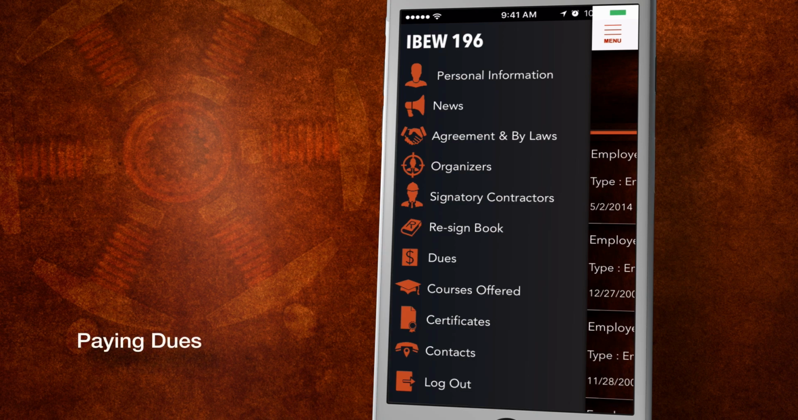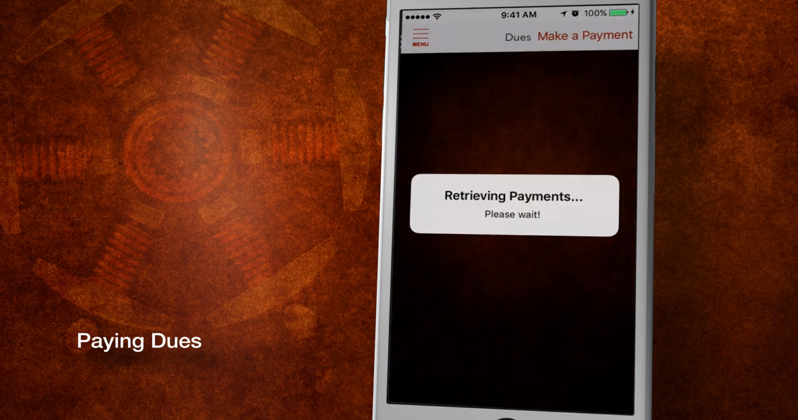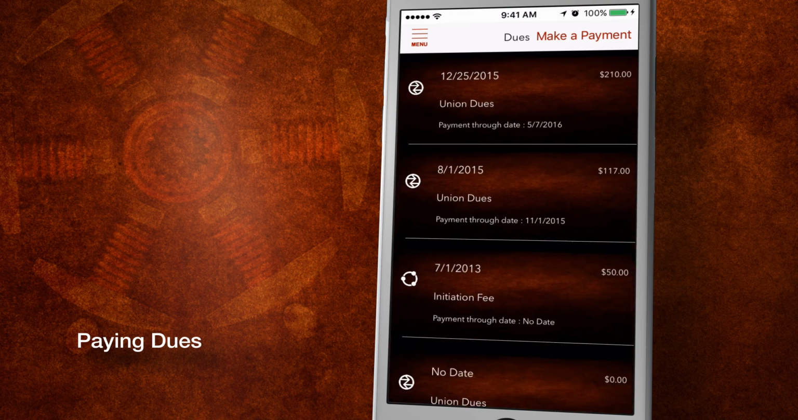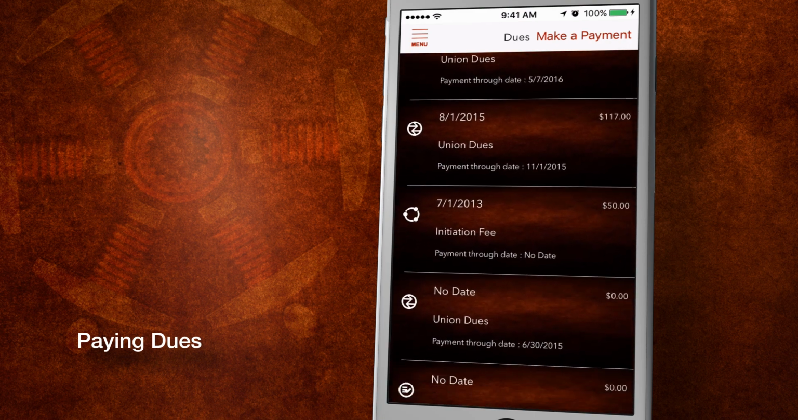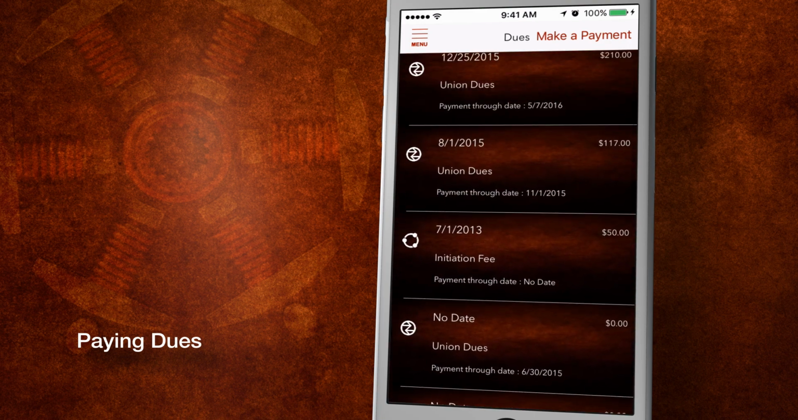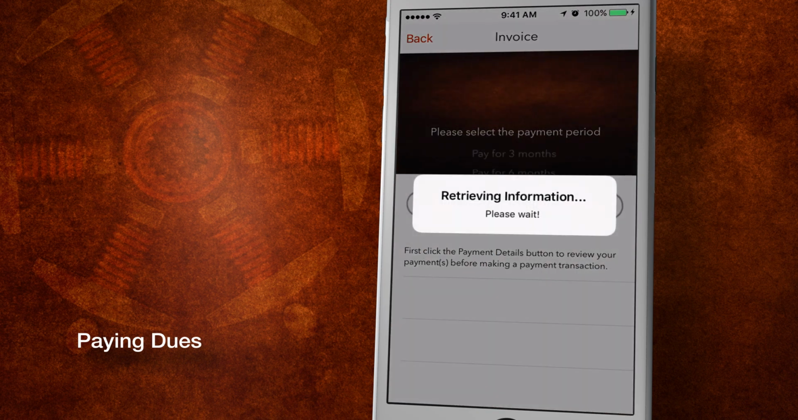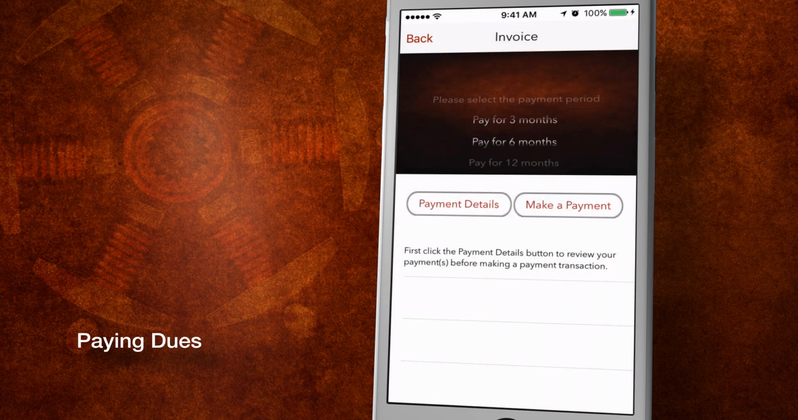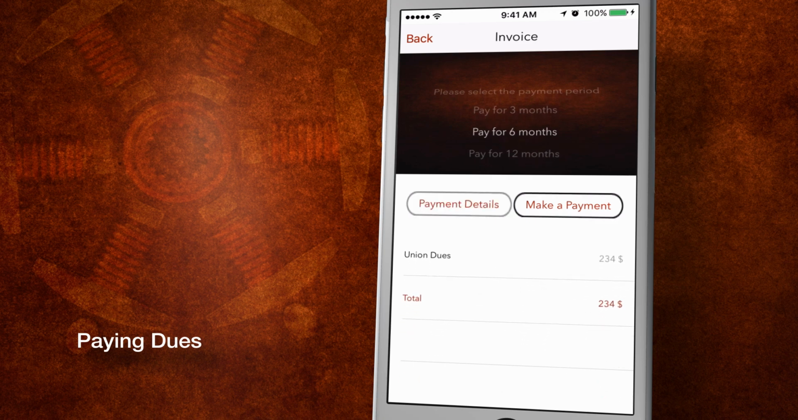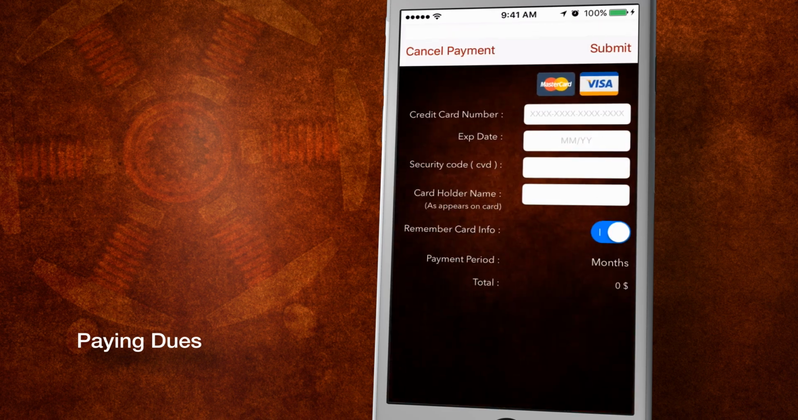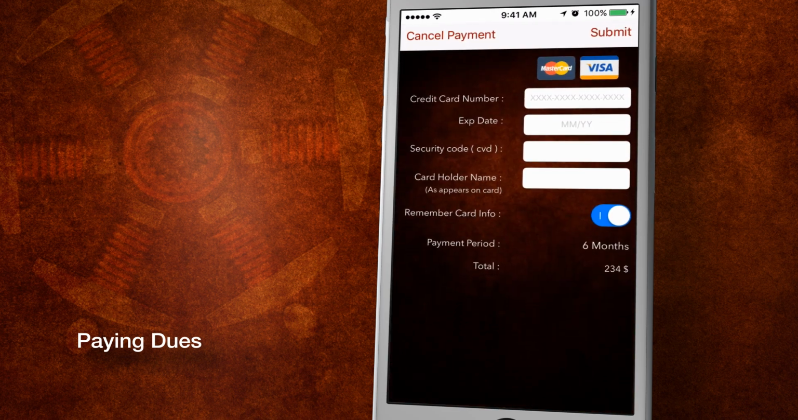The next menu item, Dues, allows members to pay their membership dues, late fees, or reinstatement fees by using the secured credit card payment system. A member can choose payment periods of 3, 6, or 12 months. Touch Payment Details, and the app will calculate any late fees, reinstatement fees, and/or dues, show the member the total,